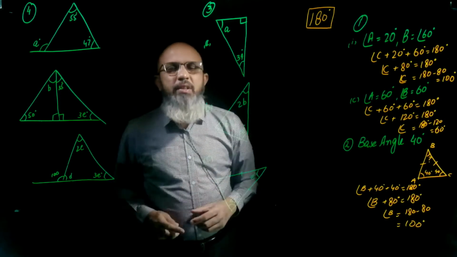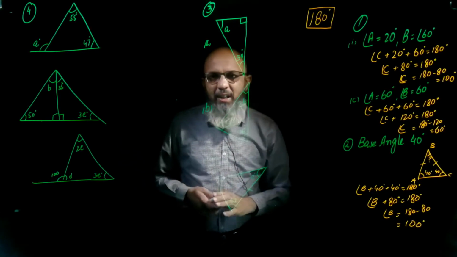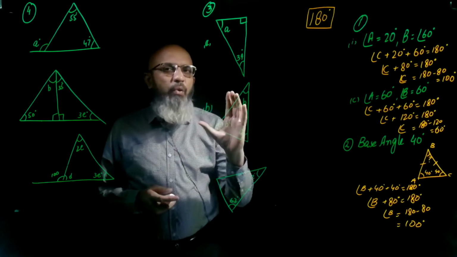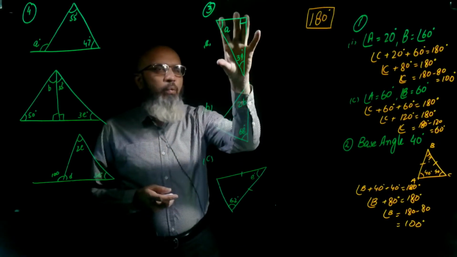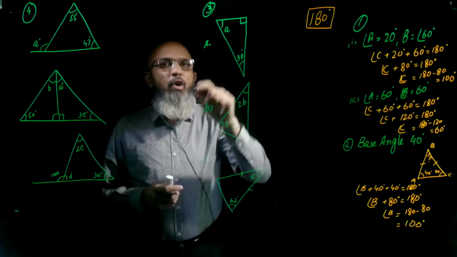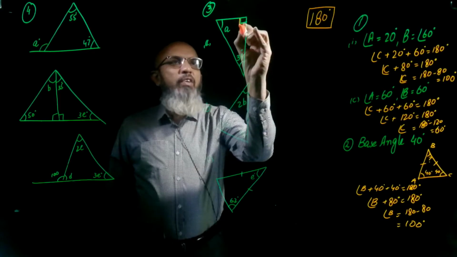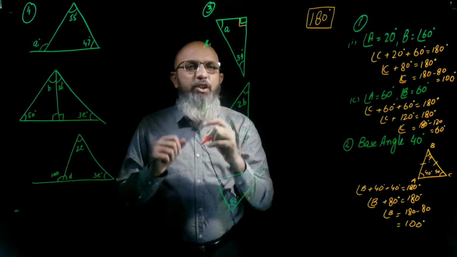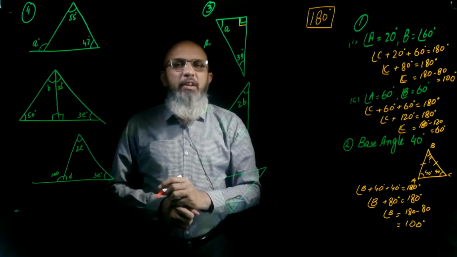So now come to question number 3. Different triangles and angles are given to you, and you have to find the unknown angle. So if you look at part 1, part A, what type of triangle is it? That is a right angle, because this is the sign of a right angle, and a right angle means an angle of 90 degrees. So the other angle is 39 degrees.